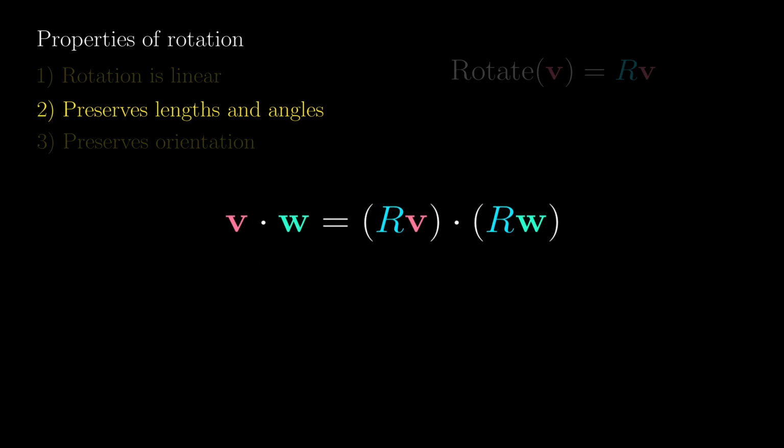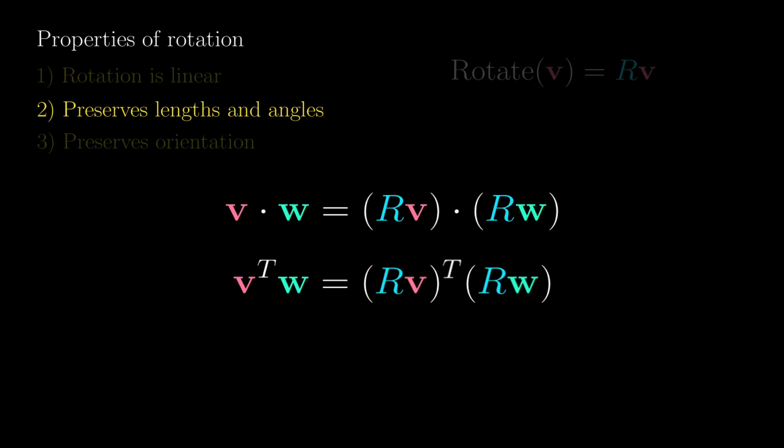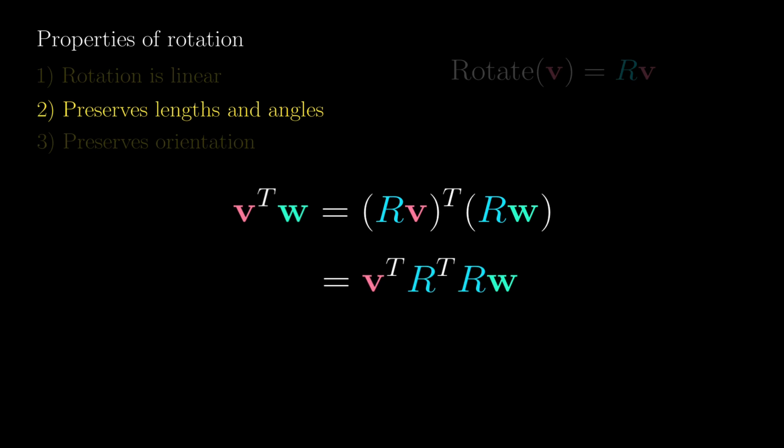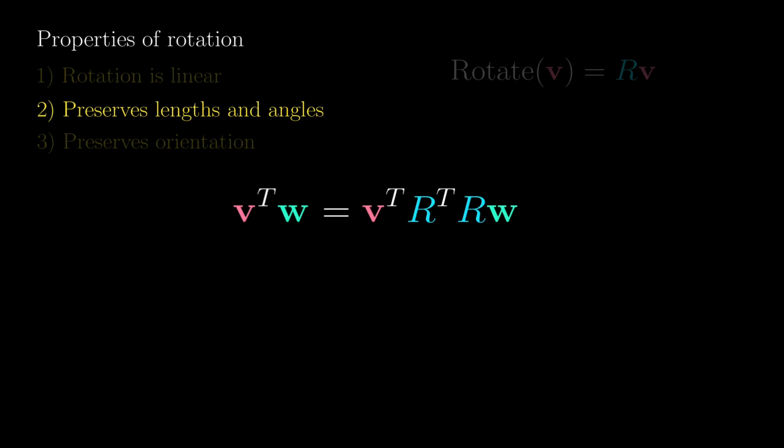But in the case of real vectors, we can also write the dot product as the first vector transposed multiplying the second vector. And the right-hand side can be rewritten as v transpose R transpose Rw. This means that the dot product is the same as if you have put an extra R transpose R in between. Because this is true for all vectors v and w, the thing in between is the identity matrix because, well, it does nothing to the dot product.